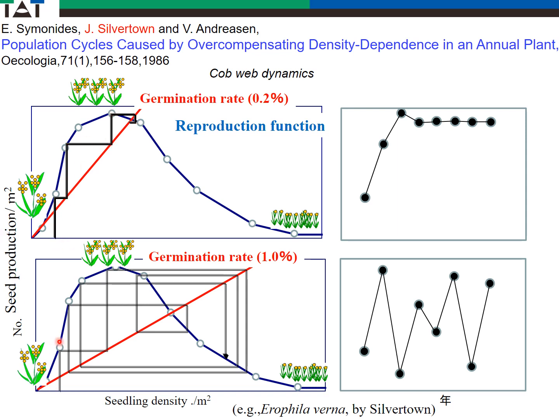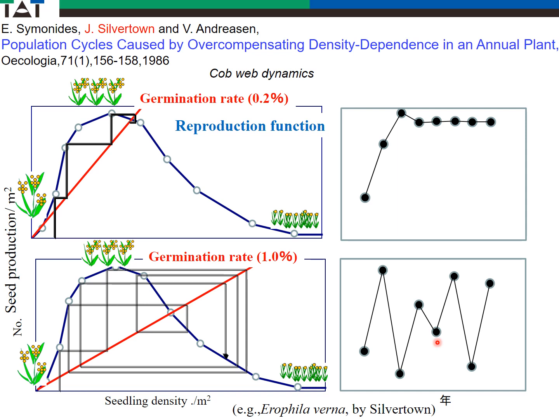We call it a cobweb graph, like this. When the germination rate is small, it's saturated. When the germination rate is large, it fluctuates. This data is actual. This is just the model. But the thing I'd like to tell you is,